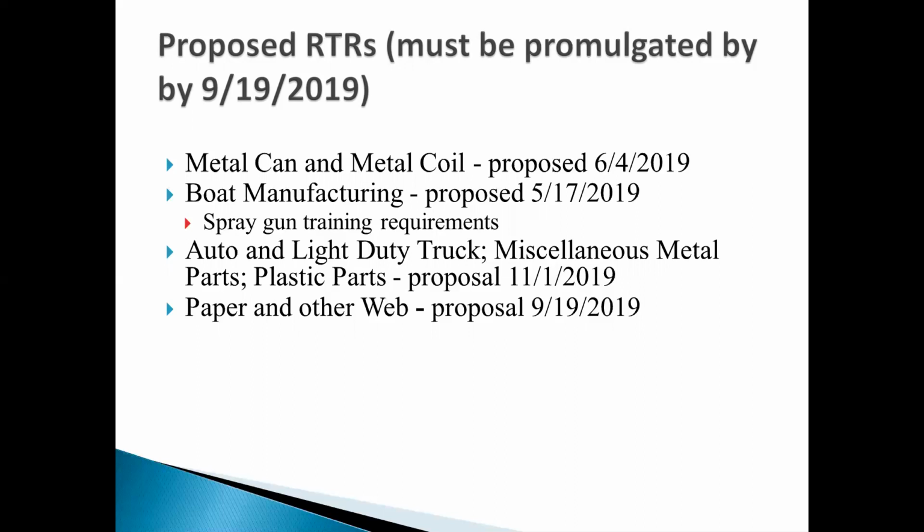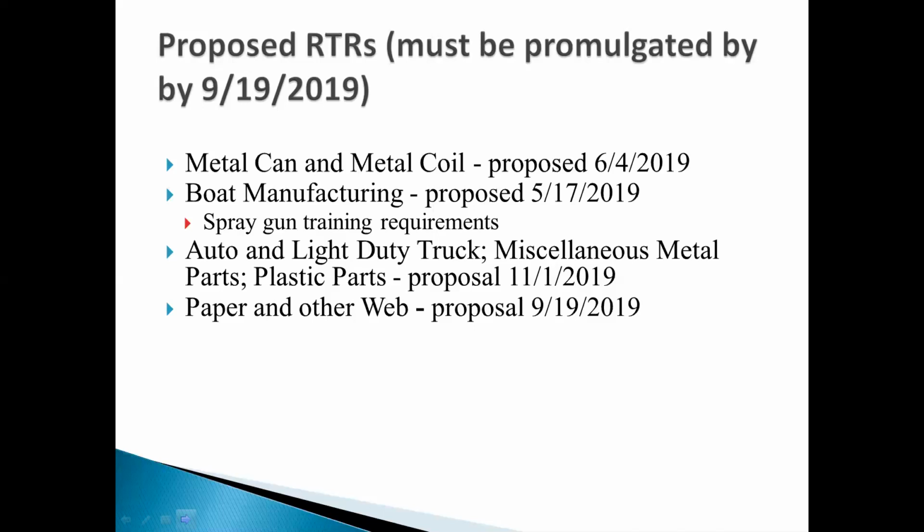A really big rule combined is the auto and light duty truck, miscellaneous metal, and then the plastic parts, and that was proposed on November 1st, 2019. And the last one, paper and other web, was proposed on 9/19/2019. So if you go up to my title, I mentioned earlier that these are all under a court order deadline. So EPA must finalize these by,